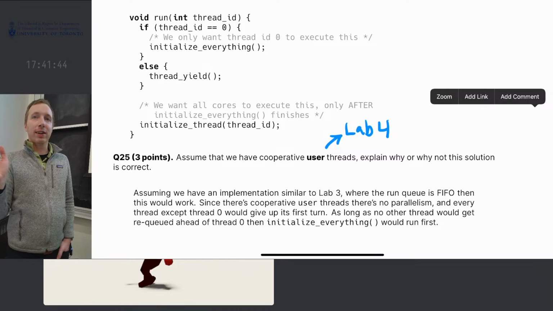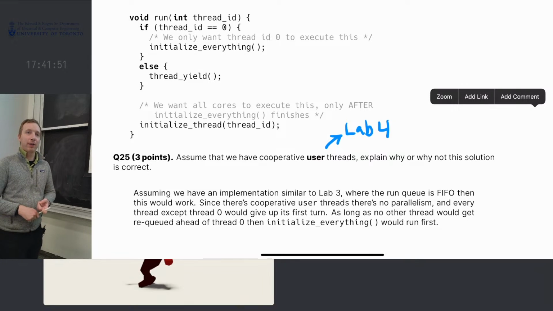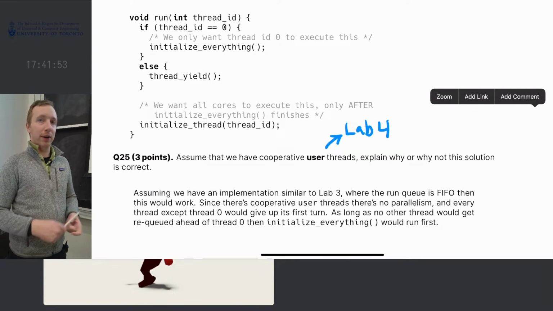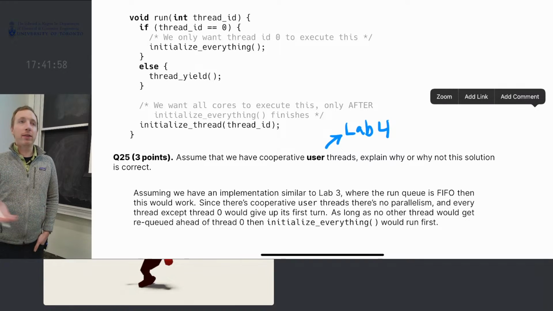They could run in parallel. Yeah, kernel threads can run in parallel. Also, do I have control over the scheduling of kernel threads? Nope. So if this was our solution and they were kernel threads, this would not be a valid solution because, well,